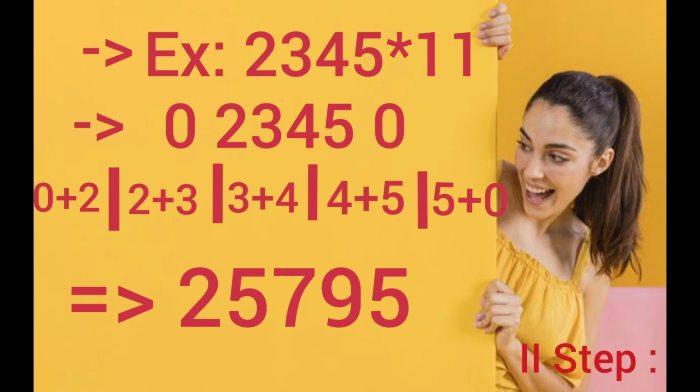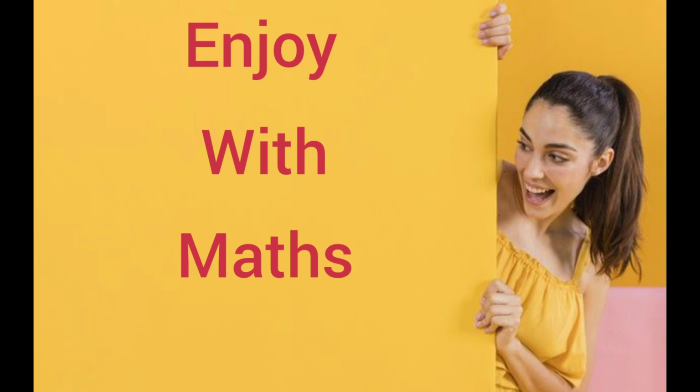In this way you can go for any digit number multiplied by 11. Only three steps are involved. The first step is fixing the 0 in front and at the end, and the second and third steps are adding the numbers from right to left on the screen, and finally we get the answer. This is the way we can find the answer for the 11 multiplication shortcut and magic. I hope you enjoy this maths. We can go for more shortcuts, and they may be useful for your competitive examinations and day-to-day mathematical interest also.